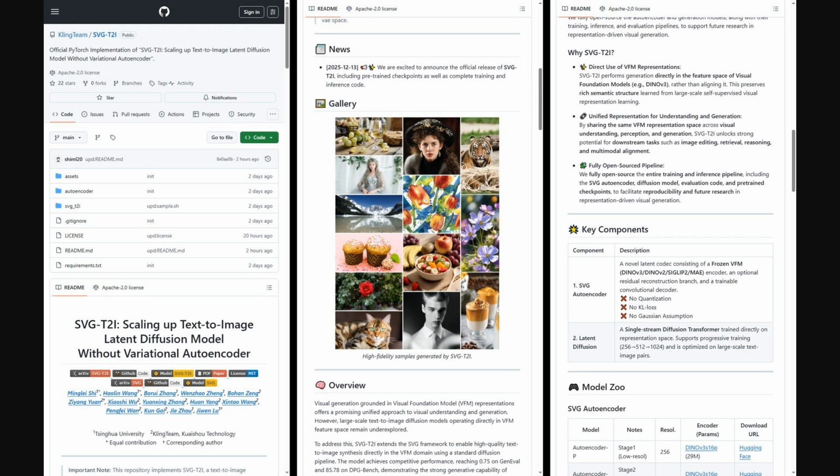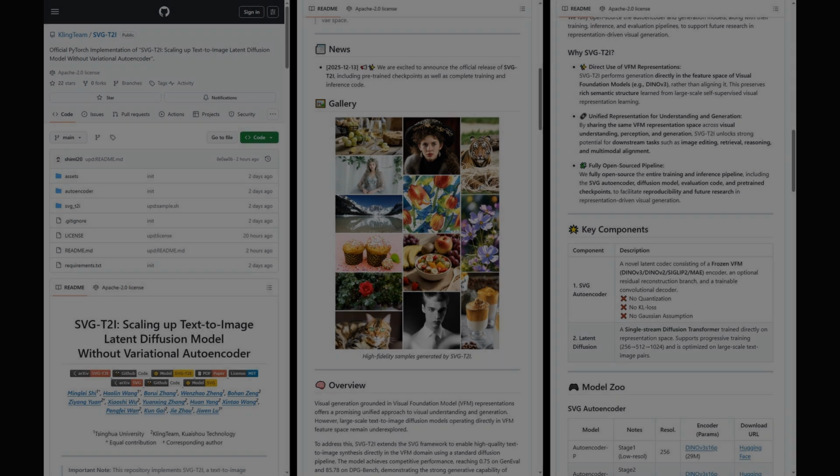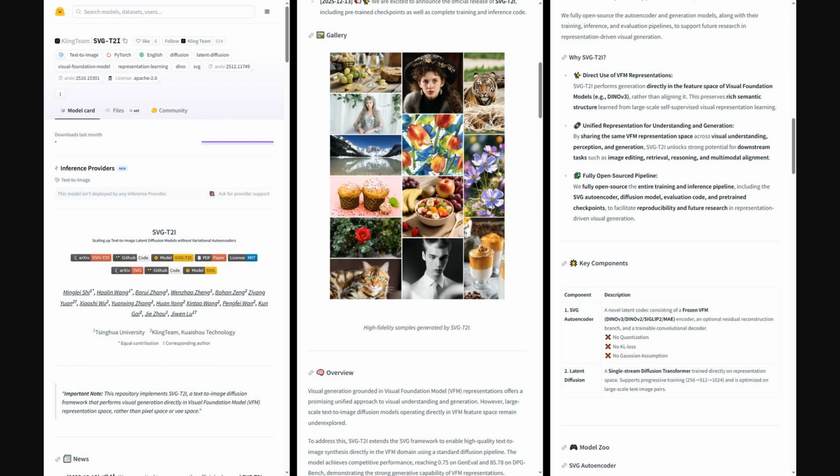Also, the authors shared an official PyTorch repo. Inside, you'll find the full SVG-T2I codebase, including the SVG autoencoder and diffusion models, training and evaluation pipelines, environment setup, data preparation configs, plus scripts for multi-stage training and text-to-image sampling, along with links to pre-trained checkpoints for direct experimentation. On the SVG-T2I page, you'll find 2.6 billion parameter diffusion checkpoints, multiple autoencoder stages up to 1024 resolution, plus training,